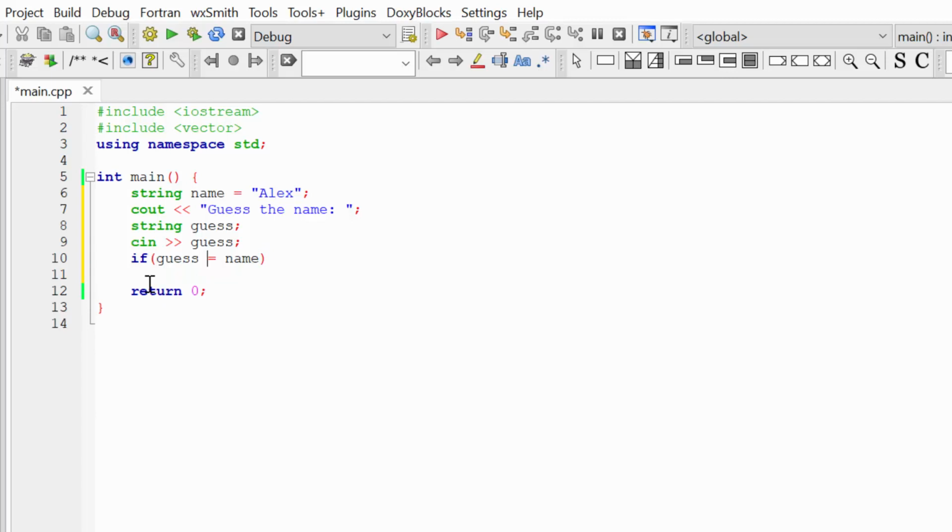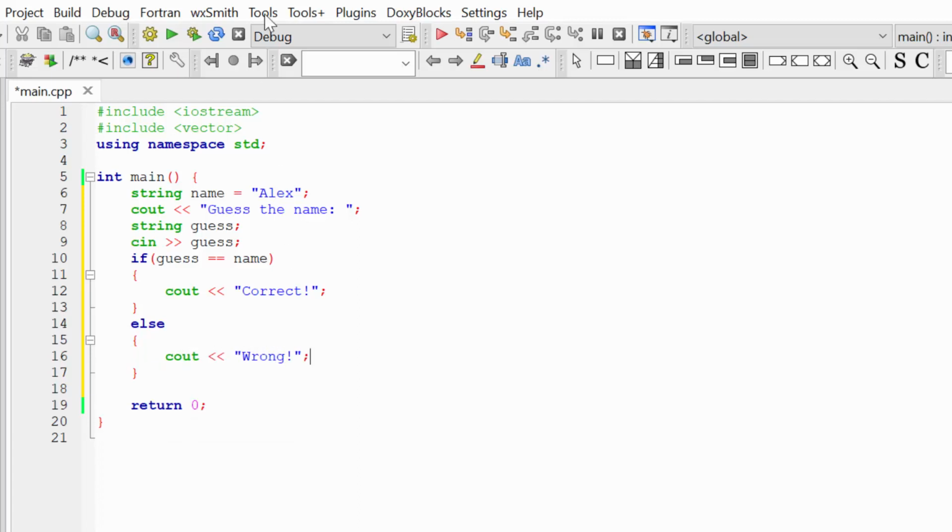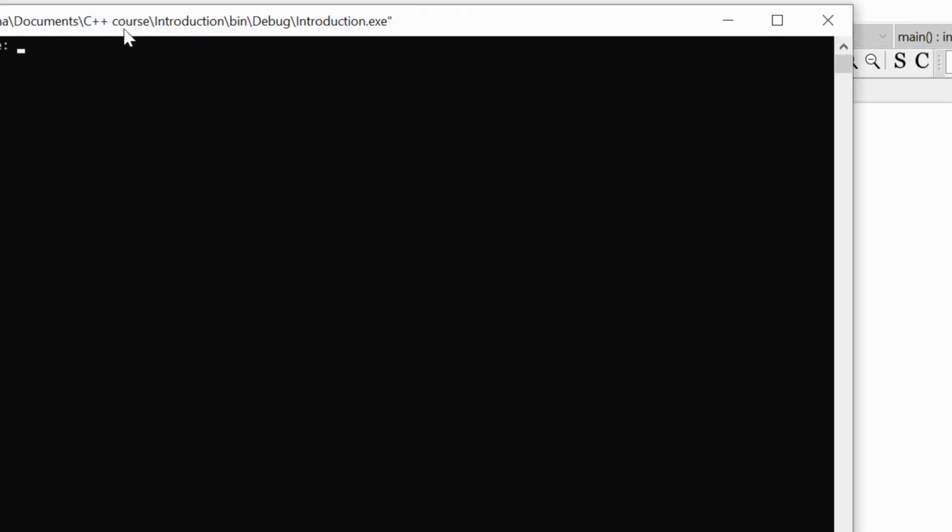Okay, so this operator equal is actually the operator we use to assign some value to a variable, so it's not correct to use it when you want to compare two variables. Instead of this, we are going to use the comparison operator equal equal. So if guess is equal to name, we are going to write correct, and if our guess is wrong, we are going to write wrong. Okay, now let's build and run our program.